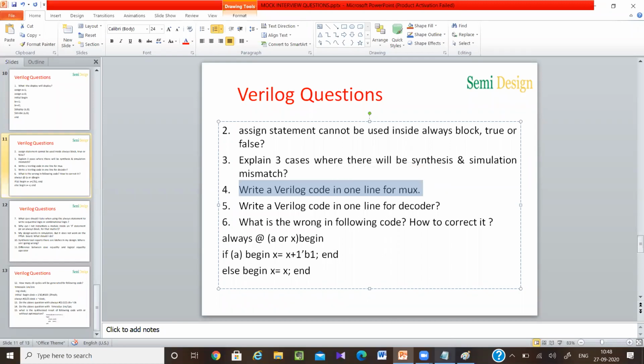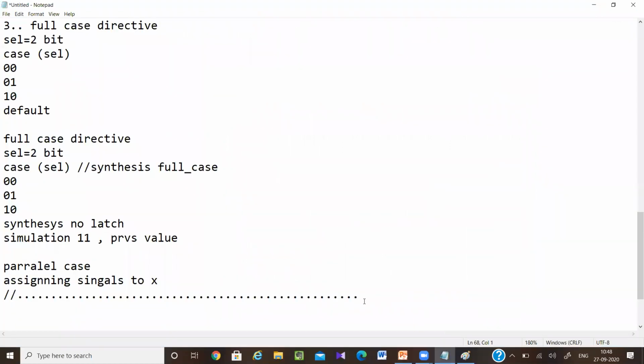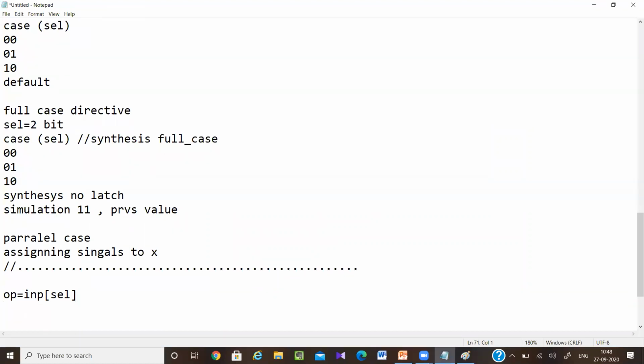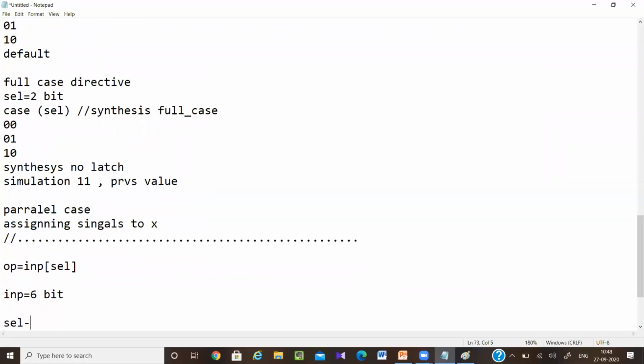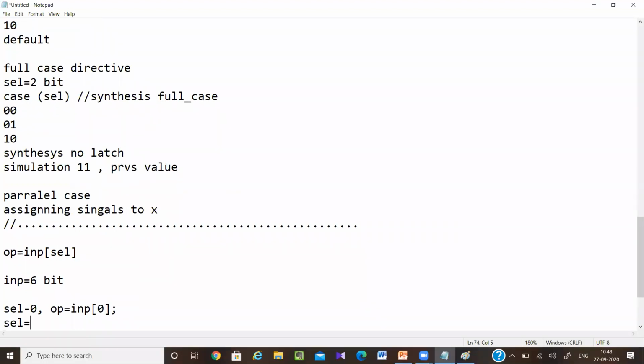So the simple one is, remember these things. If I am writing assign output equal to input of select. Let my input be a 6-bit number. So when select equals 0, output is equal to input of 0. When select equals 1, output is equal to input of 1.